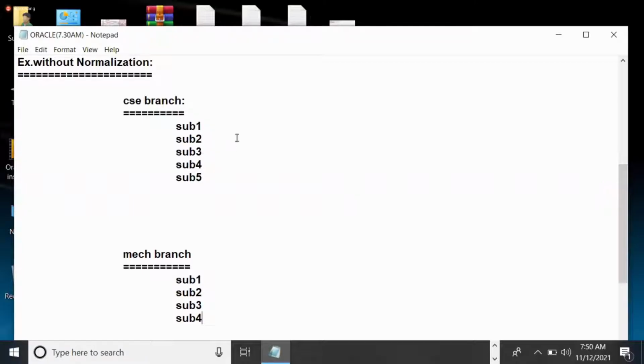So when it comes to the CSC branch student, for example, for subject 1 he was writing 2 examinations. One is a theory exam, and one is a practical exam. So that means subject 1 has theory plus practical. So here the total marks is 100 marks. And the second subject has only a theory exam. So this was taking 75 marks.